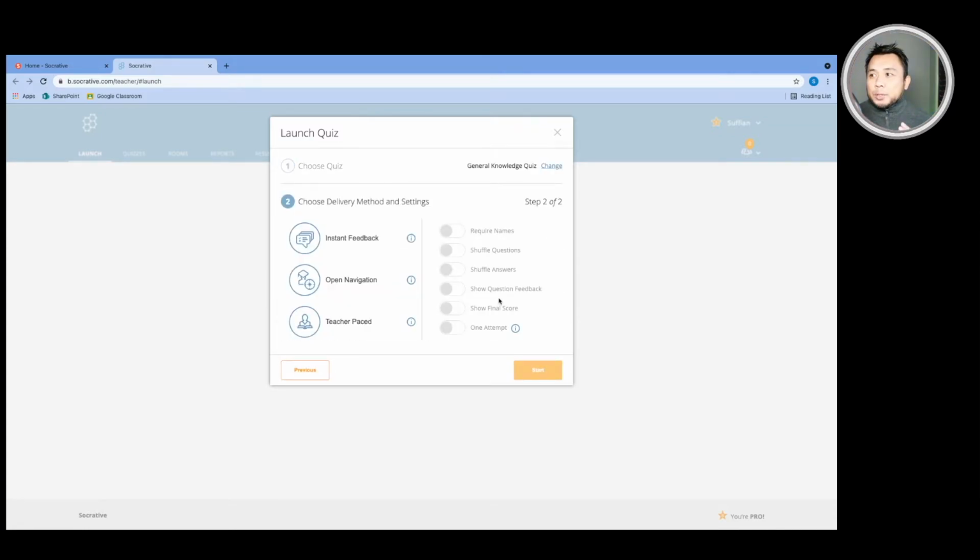Here you have to choose the delivery method and settings for each quiz. There are three types of delivery method, which are instant feedback, open navigation, and teacher paced. Now, let's go through each and every one of them really quickly. For the instant feedback option, your student will attempt the quiz question by question. After each question, he will receive feedback whether the answer is correct or not,